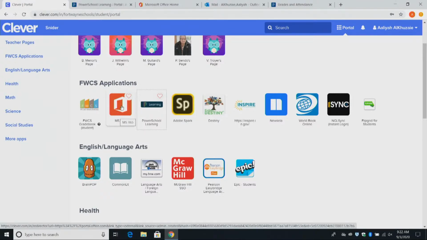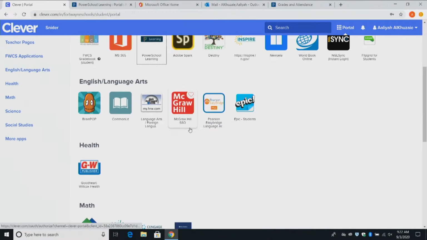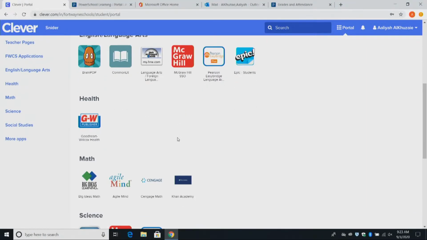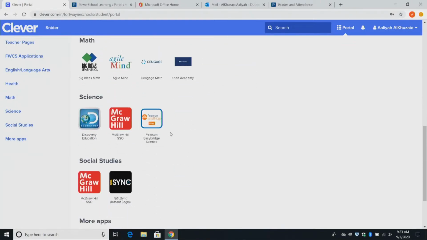Here's where your email is and all of your other documents, your PowerSchool Learning, so there is your actual page. And then you're also going to find shortcuts to get to textbooks that are online. If you look down below, you're going to see that there are textbooks. What textbook's in here for you? Do you remember? Is that your English maybe? My English. Yeah, so there's English, and then you come down, you see they're labeled, and then math, science,